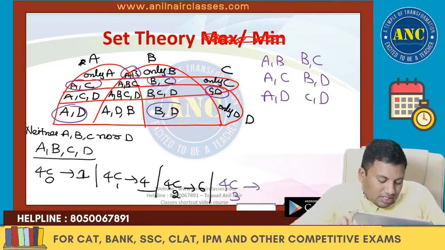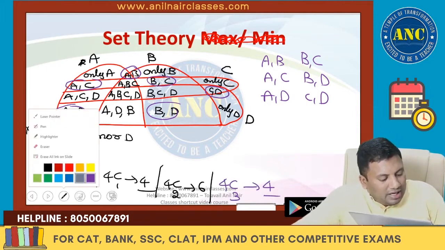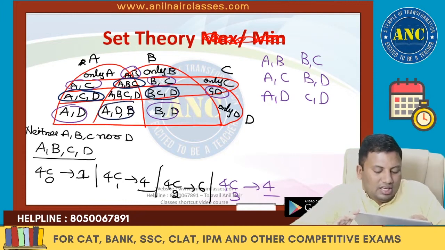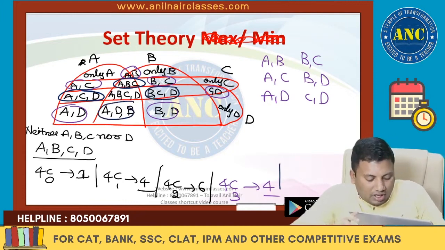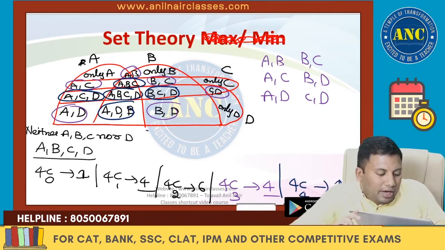4C3, which is nothing but 4. 3 sets I should get 4. Let us see whether there are 4. Easily when you are drawing the diagram you will understand. This is 1, this is 2, this is 3, this is 4. That also we got. 4C4 is nothing but 1. There is one region which contains all 4. I hope the 4 sets diagram is